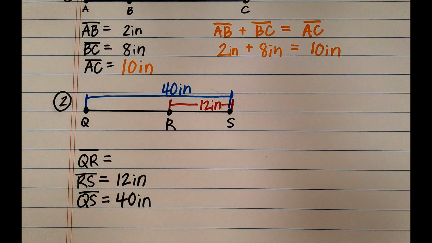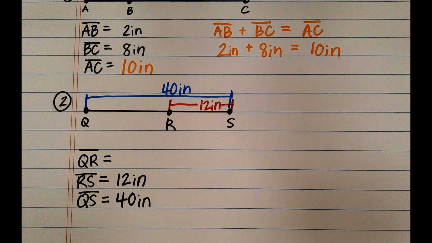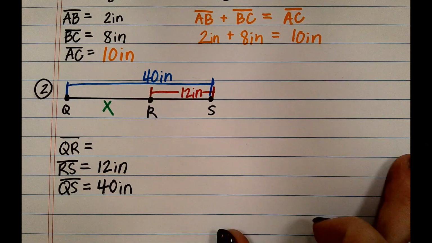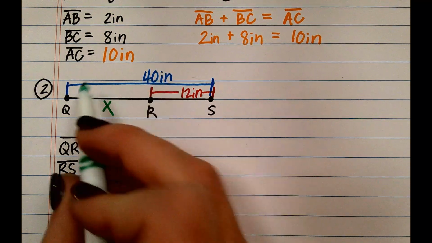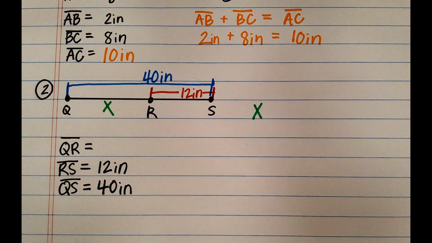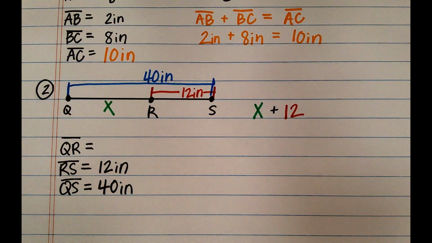So let's set that up. This is where we are leaning towards writing an equation, because if we wanted to, we could keep calling it QR. We could also call it a single letter like X, unless that makes it more confusing. So I could say, well, X plus 12 is 40. Those two parts make the whole. I could say X plus 12 equals